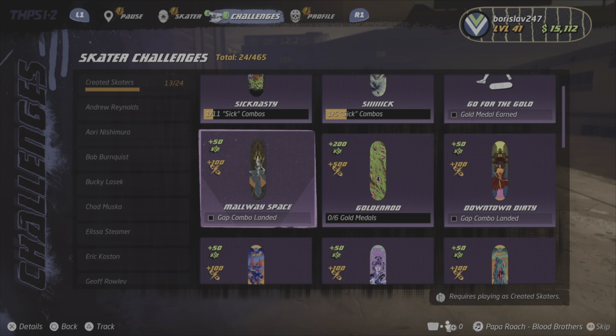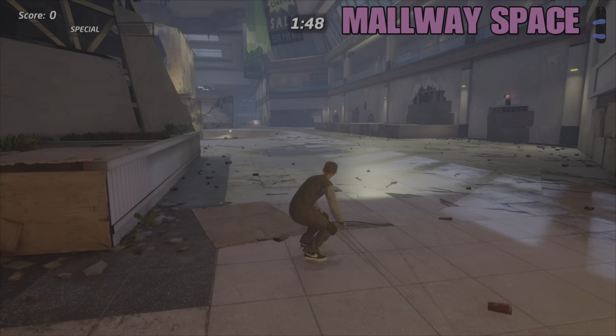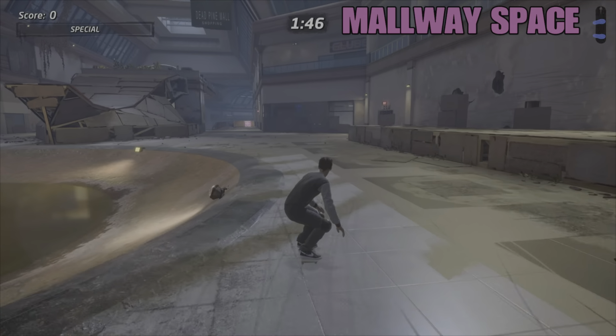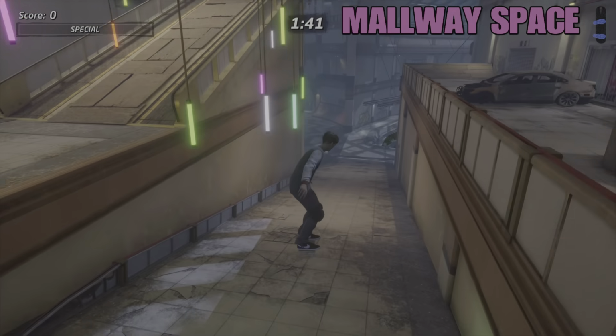Right, folks, the next challenge I'm going to take on is called Mallway Space, and this requires you to land a 25,000 point combo off the Mall's atrium gap using at least one grab trick. Now, this one, folks, isn't a particularly difficult one to do at all. In fact, I did make a mess of this the first time I attempted it, but